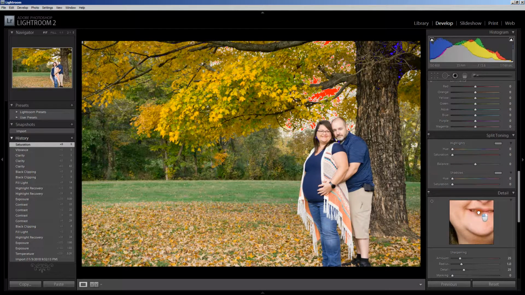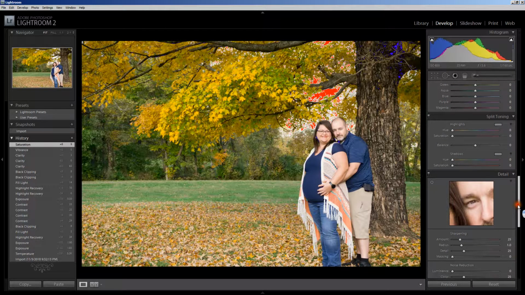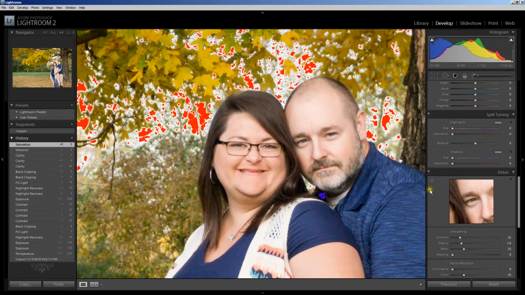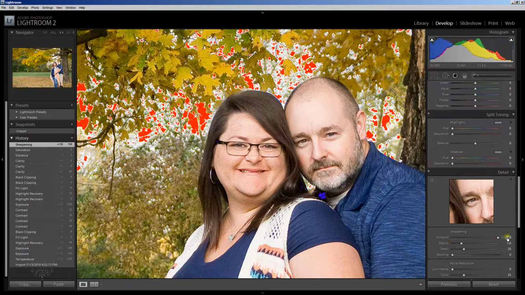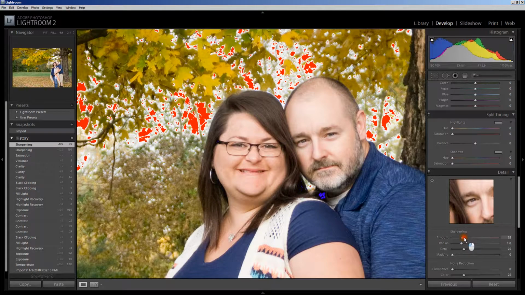Next I'm going to come down to the sharpening. I'm not going to put a lot of sharpening on here because you can really screw your photo up if you over sharpen like that. You start getting this weird mosaic look, just like the clarity. Don't use too much. I usually over sharpen and then I dial it back a pinch. Probably right about there. You can throw some masking on it if you get too many sharp edges, but